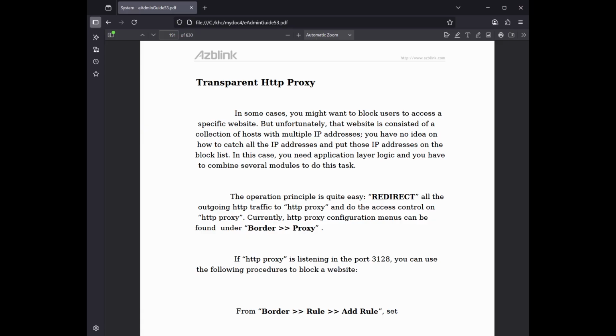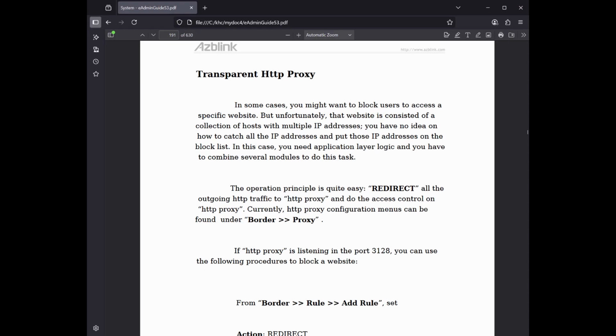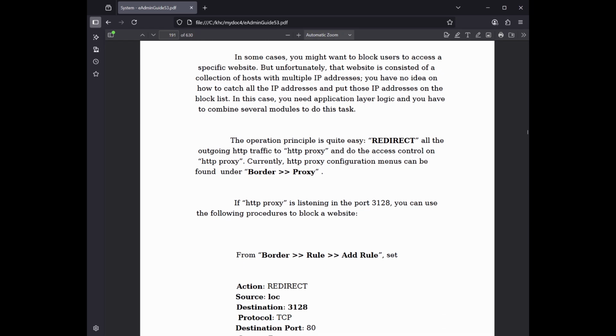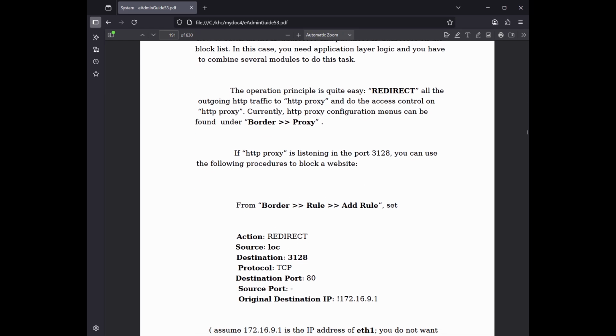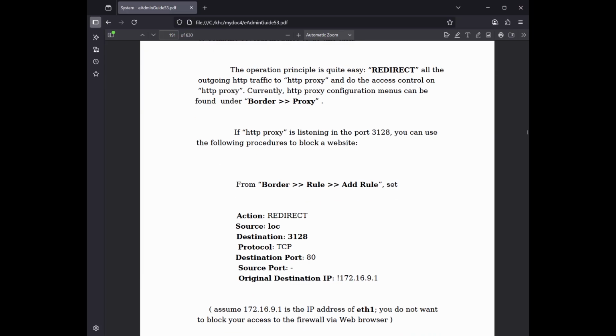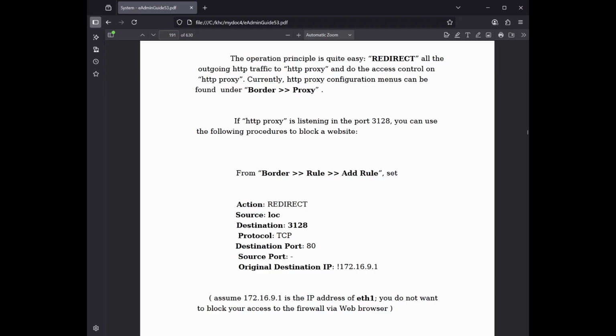The operating principle is quite easy. Redirect all the outgoing HTTP traffic to the HTTP proxy and do the access control on the HTTP proxy. Currently, HTTP proxy configuration menus can be found under Border Proxy. If the HTTP proxy is listening on port 3128, you can use the following procedures to block a website: from